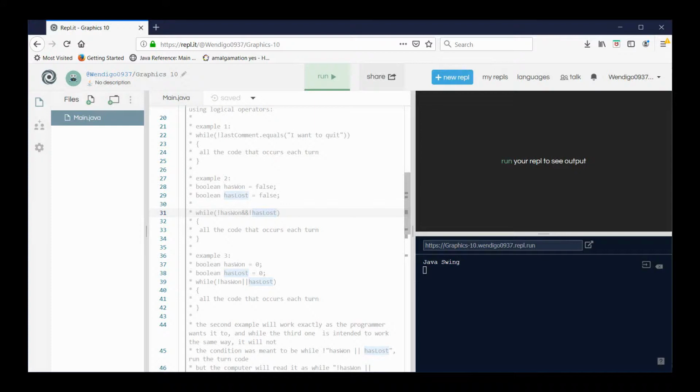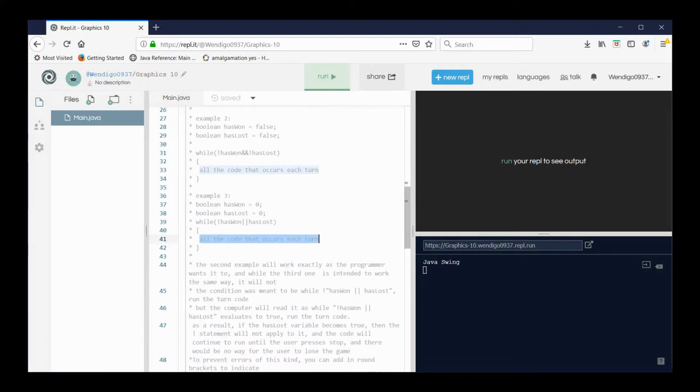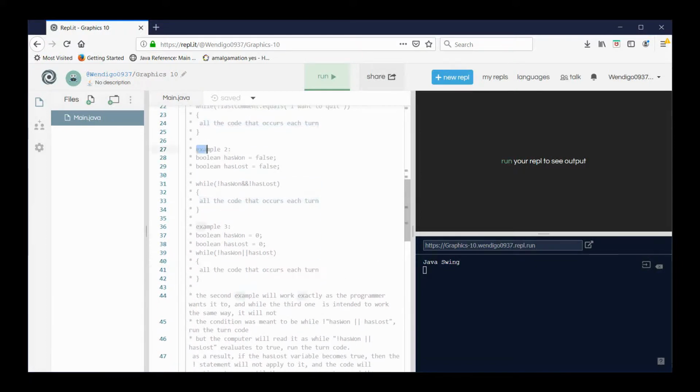All right, the next example, we have has won and has lost again, and it goes while not has won or has lost, all the code that occurs each turn. So the second example up here will work exactly as the programmer wants it to, while the third one is intended to work the same way, but it will not work the same way. The condition was meant to be while not has won or has lost, so while neither of these is true, so while all of this here